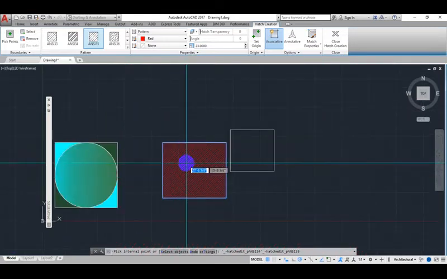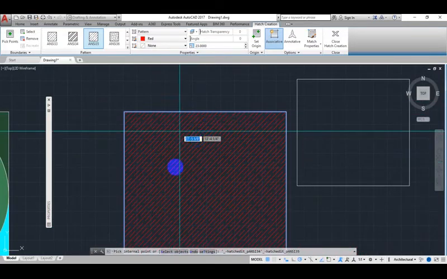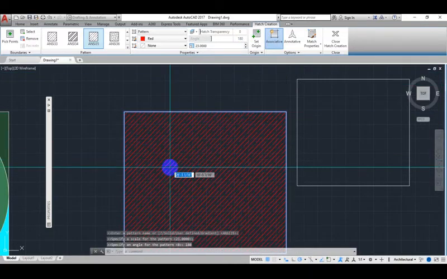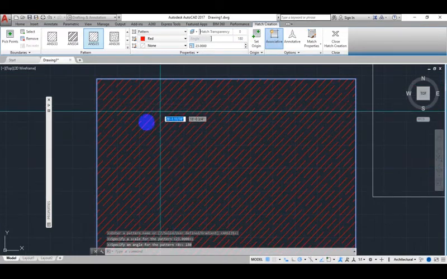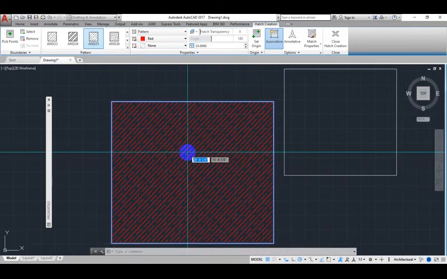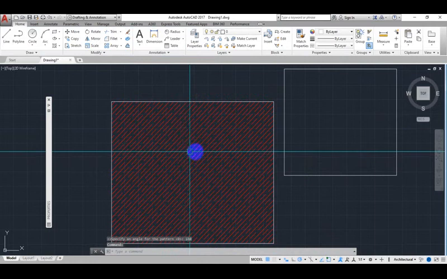So I want to make this at a 45-degree angle or a 180-degree angle. As you can see here is angle. So I click here, say 180, press the tab key. So when I do this, notice that it is slanting at 180-degree angle. So after I've done this, press the spacebar key to make it active.